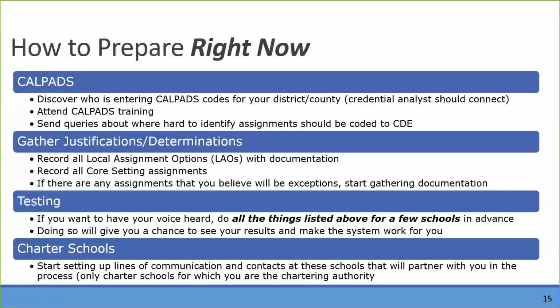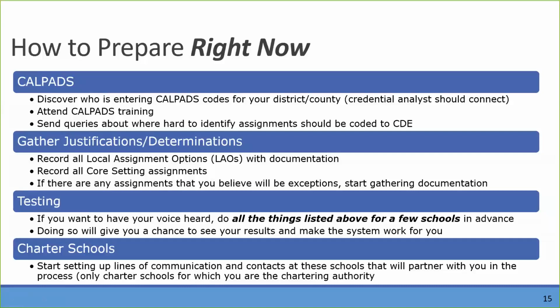If something comes out as a misassignment and somebody else is saying, no, that teacher has the right credential, I know it for that course, and then you go back to the CalSAAS course and you see, oh, well, we coded it this way, but really it should have been that, that allows you to start looking at your CalSAAS codes and whether those are accurate. Attend your CalSAAS training, which you're doing right now, one of your CalSAAS trainings right now. You can send your inquiries right now about problems with coding in CalSAAS on hard-to-identify assignments. So once again, doing that now while it's all non-consequential for the CalSAAS system, even though what you're putting in CalSAAS right now still matters.